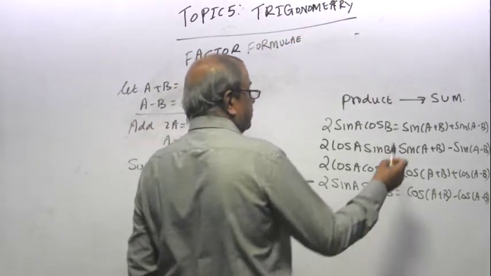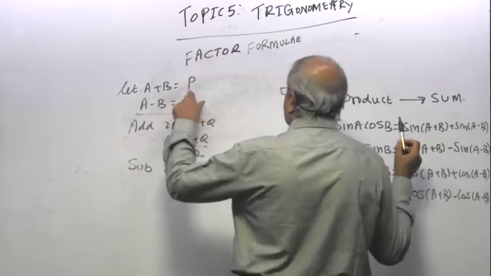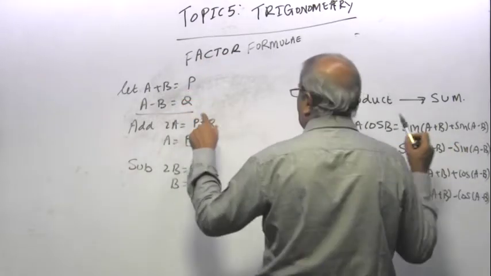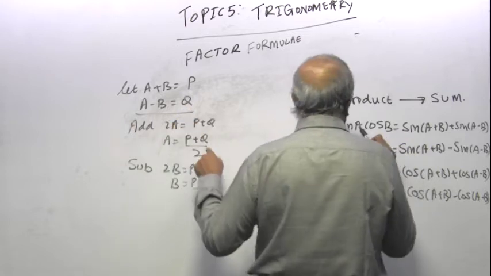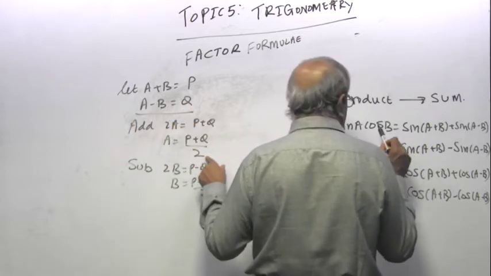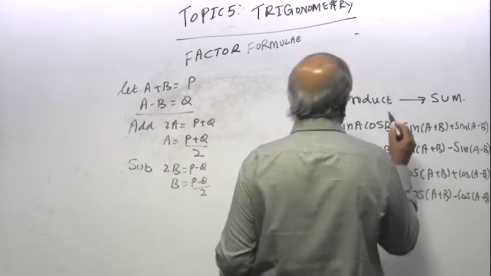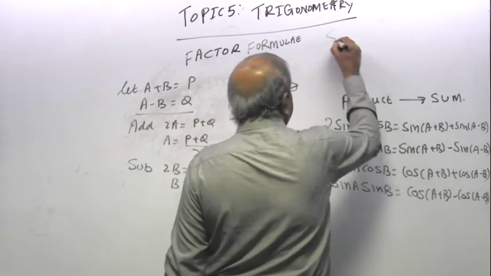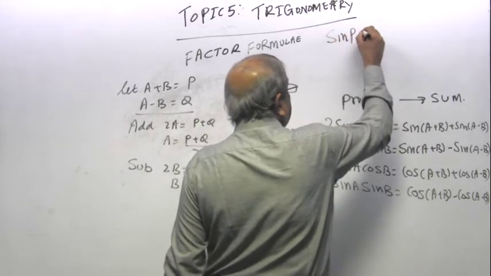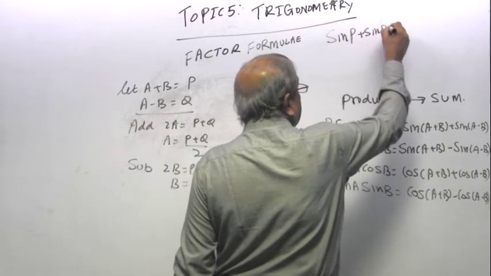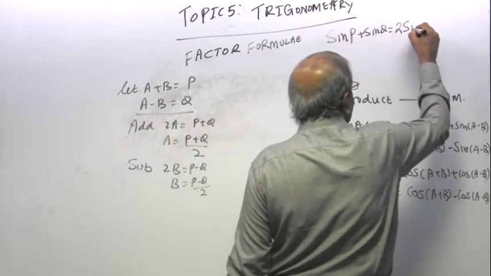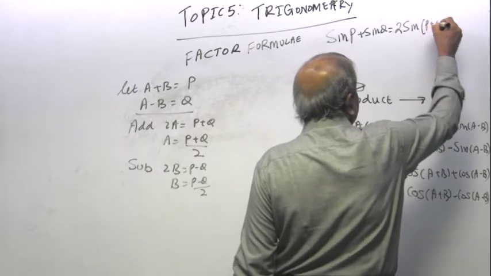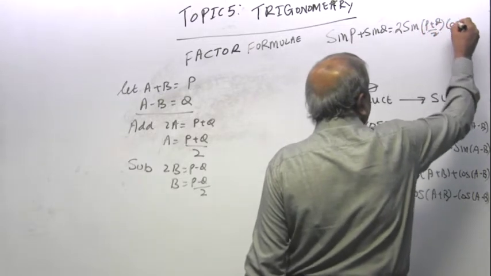Write it the other way. So in place of A plus B, I can write P. In place of A minus B, I can write Q. In place of A, I can write (P plus Q) over 2. In place of B, I can write (P minus Q) over 2. So I can say sine P plus sine Q equal to 2 sine (P plus Q over 2) cos (P